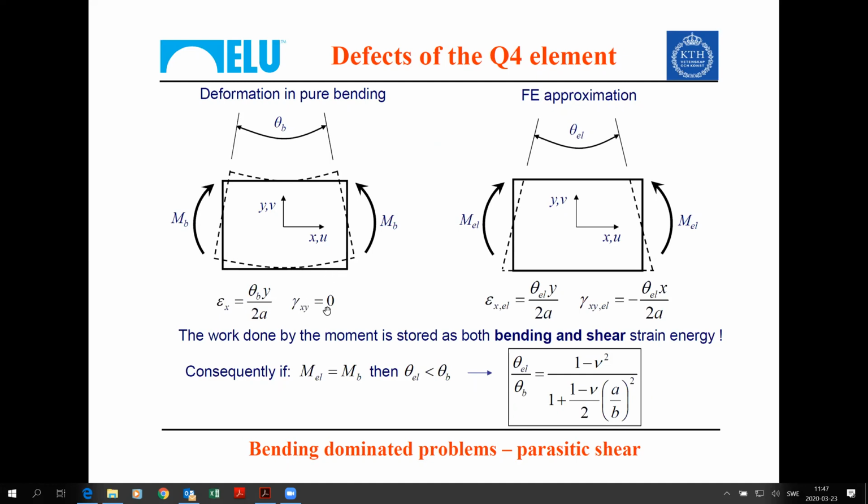So the shear stresses should be 0 within the element, and epsilon should be theta b times y divided by 2a. This will give you tension here, compression here, going through 0 at this point. So these are, if you want, the analytical solution. What does this solution presuppose? Well, if you look at how the edges are deformed, here the edges will stay